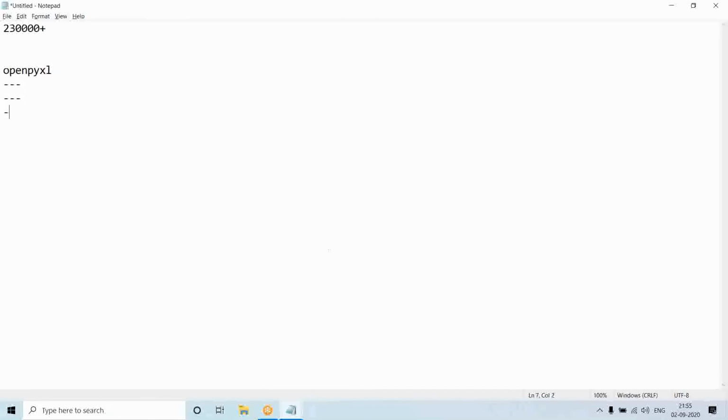If you write the code using the OpenPyXL module and execute it, an Excel file will be created automatically. You will be able to write, read, and modify the data in the Excel file. You can perform Excel file operations by using the OpenPyXL module.